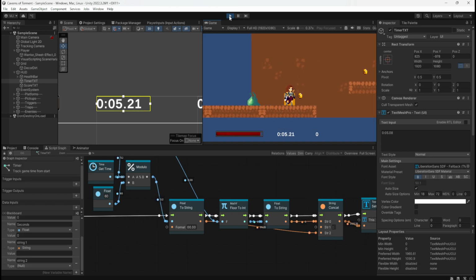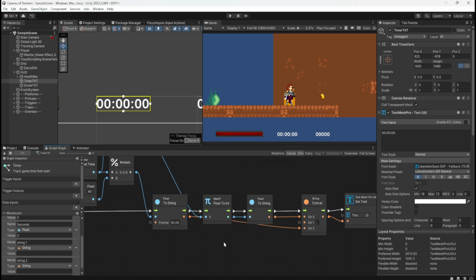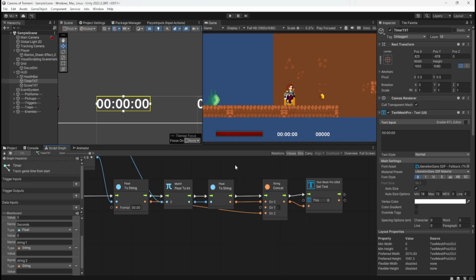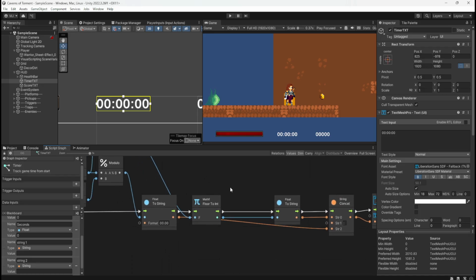Okay, so then you can probably do the same float to string format after floor to int.